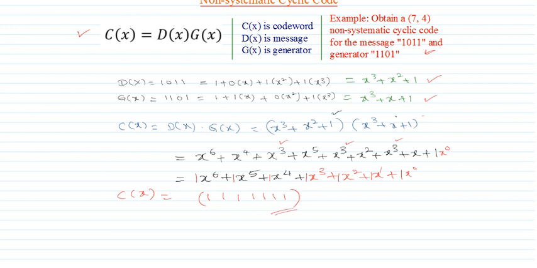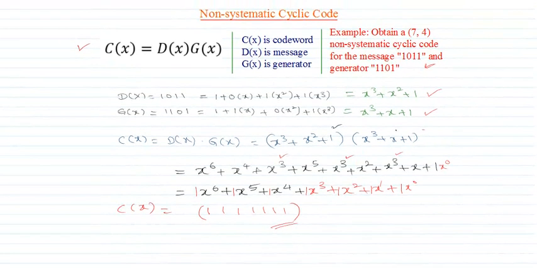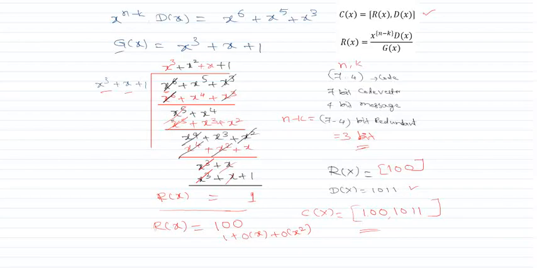So now, by looking at this, is it possible for us to identify which is the redundant bit sequence and which is a message sequence? It is not possible because our message is 1011, but after encoding, we are not able to find that 1011 anywhere here. So that clearly tells us it is a non-systematic cyclic code. That is, we cannot distinguish the actual message and the redundancy in this code word which is generated, whereas in the previous case, it is very clear. We can make out this as a redundancy, this is a message. See, redundancy and the message.